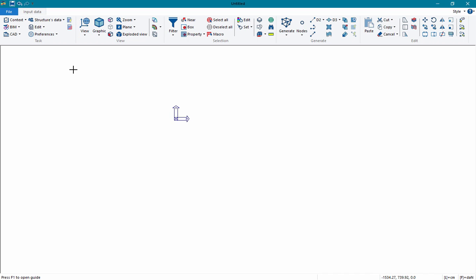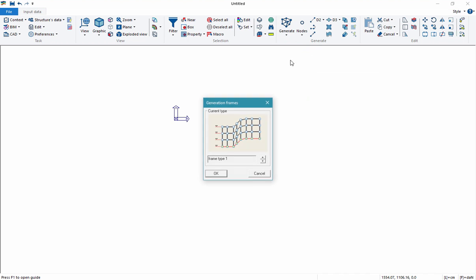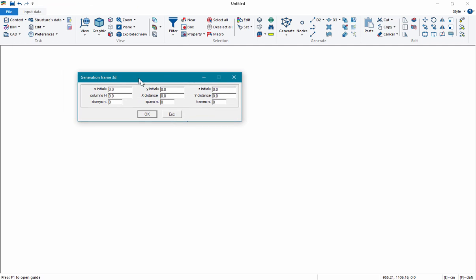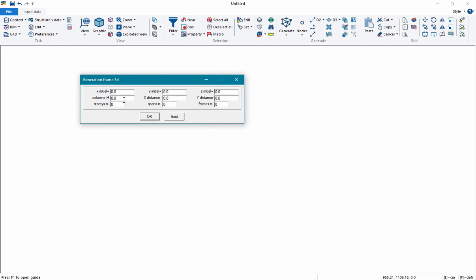To model a structure with ProSap, we can import a DXF file from AutoCAD or also an IFC file. ProSap also has a set of automatic generators of structures. For example, to model a concrete frame, we can use its generator of frames, select the typology of frame we want to model, and give the geometry of the frame,